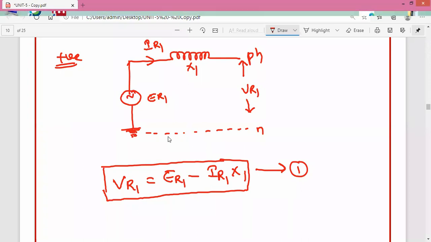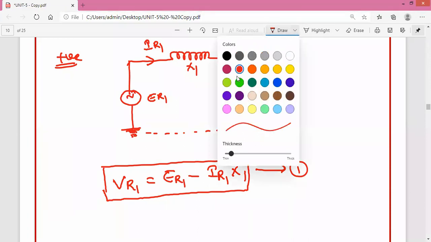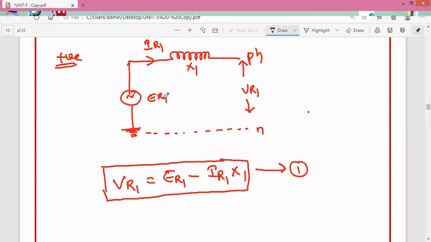Okay. Similarly, the negative sequence component network. We have already discussed that ER1 exists only because of the rotor rotation, but whenever there is a fault, no negative sequence components are generated in the generator, but on the terminal side the negative sequence components exist. This one we already discussed at the start of negative sequence components.